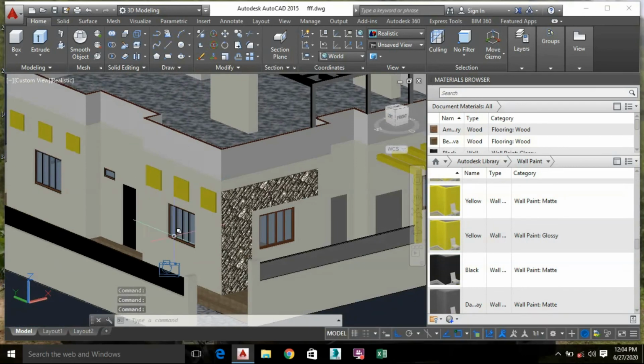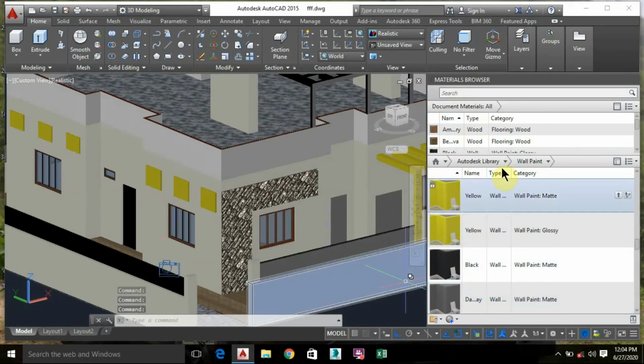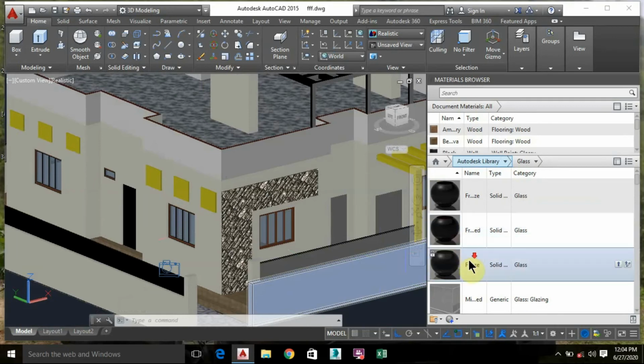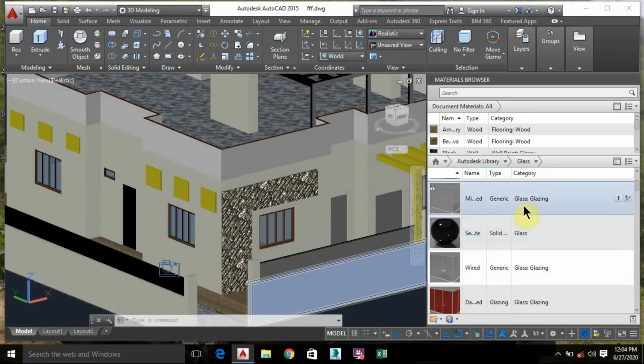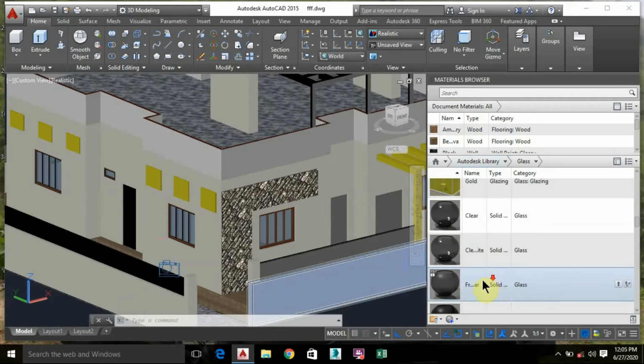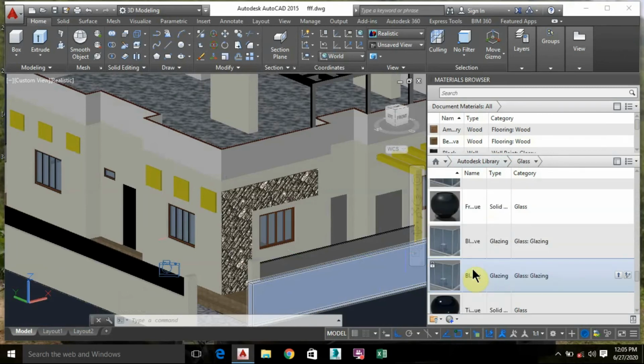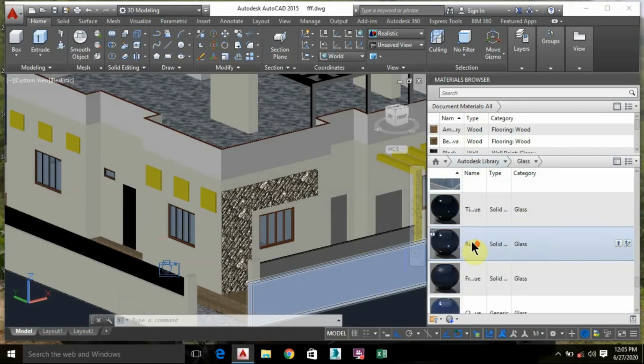Now go to this glass again and provide the glass material to the railings, the front and the side railings of our house. So just select any option, suppose I'm selecting the same. When I provide this material to all these glass railings,